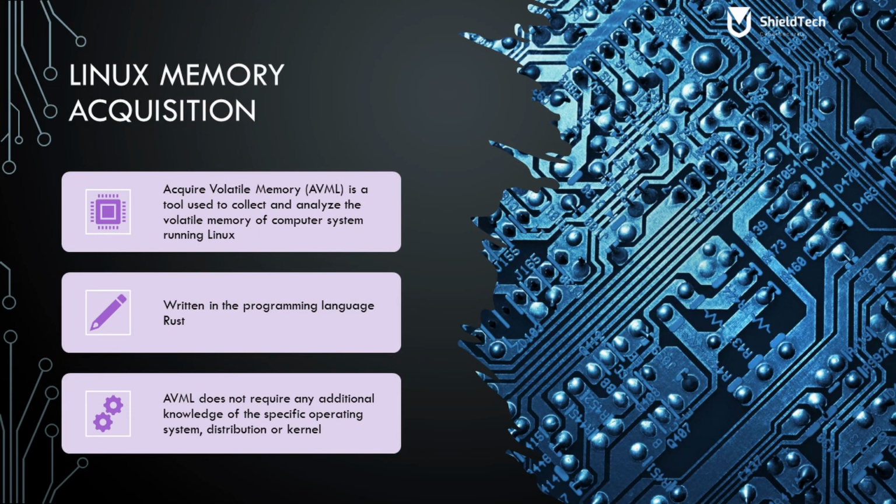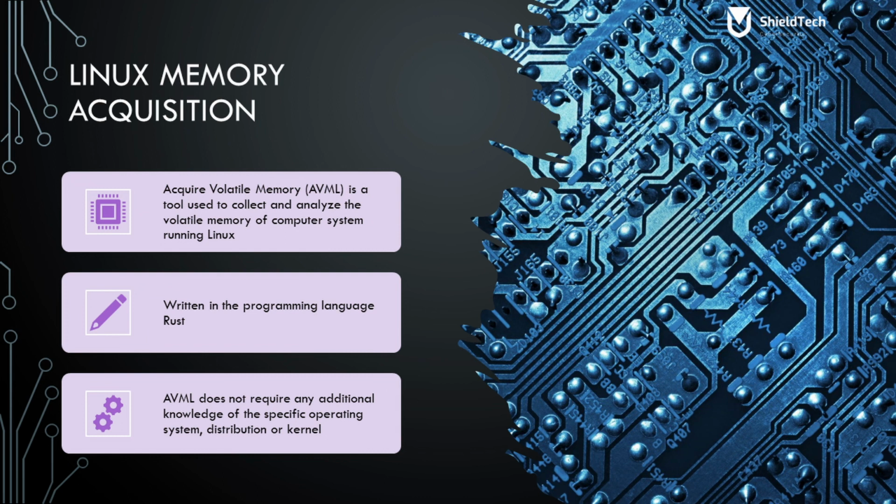We will now look at how to create a memory dump in Linux. For this we will use a tool called AVML. Acquire Volatile Memory, AVML, is a tool used to collect and analyze the volatile memory, RAM, of a computer system running Linux. It is written in the programming language Rust and is intended to be run as a standalone binary